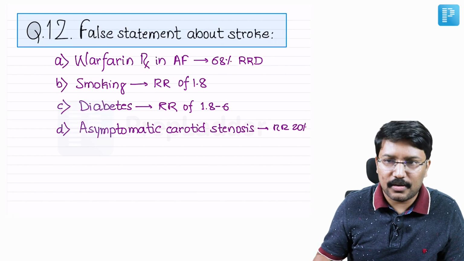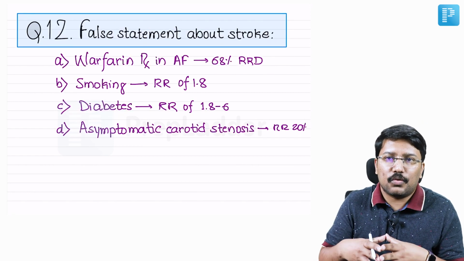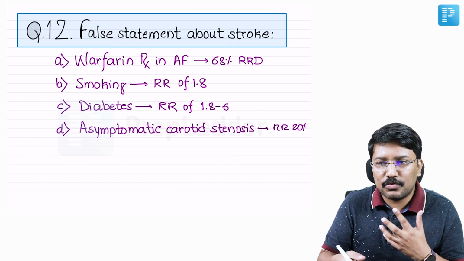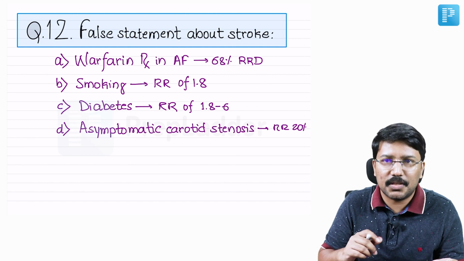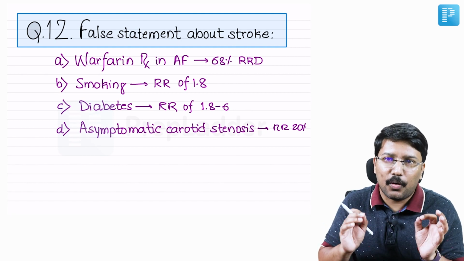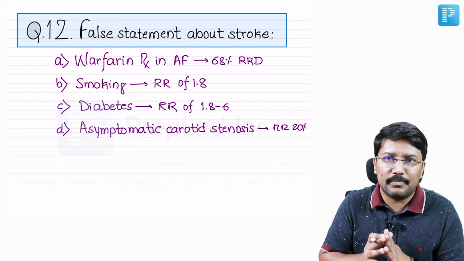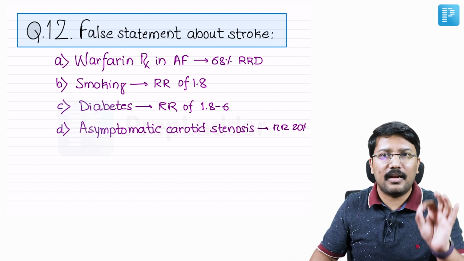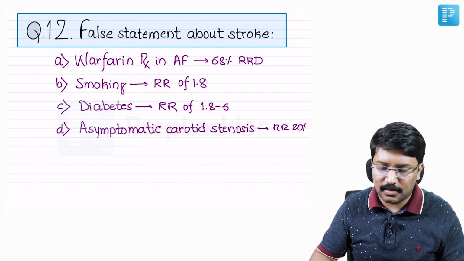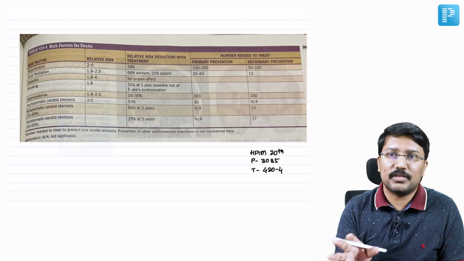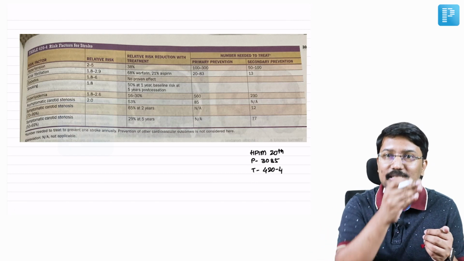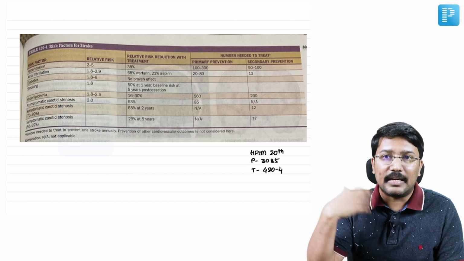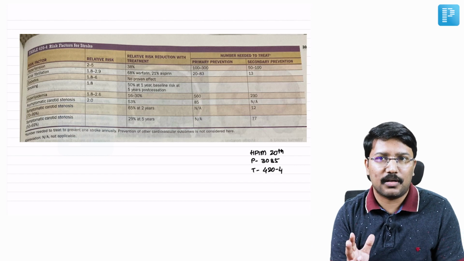Okay. Now let us go to the next question. False statement about stroke. This is again a very much anticipated question. When I was talking about stroke, when we did some YouTube sessions, I told you multiple times there are important tables in Harrison. You cannot afford to miss them. Doing tables is probably the most high yield activity that can take you to your DM seat, right? So there is a table in Harrison in the stroke chapter which talks about the relative risk of various risk factors. Then it also talks about the relative risk reduction after intervening for those particular risk factors, right?